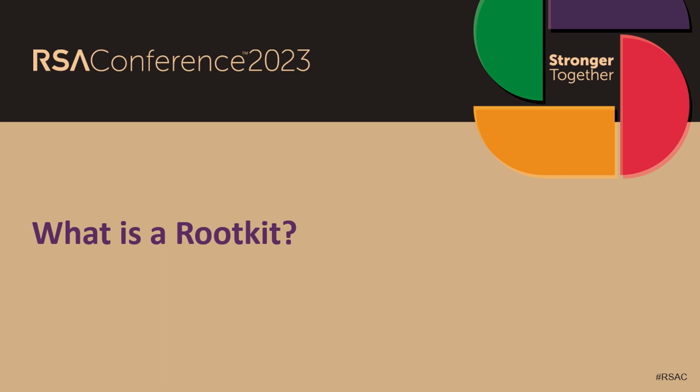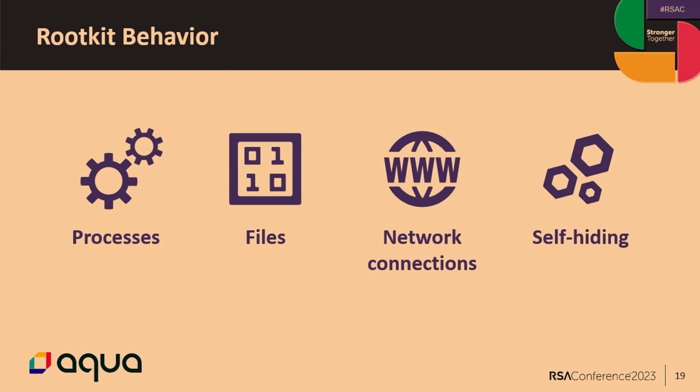Thanks. Okay, so we talked about eBPF, why we think this is a really good technology to help us detect threats in real time. We talked about Tracee. Now let's talk about what is a rootkit. A rootkit is basically a piece of malicious code that is in charge of concealing all the malicious artifacts of the attack, which are usually processes, files, network connections, and of course the ability to hide itself. If it's a shared object, then to hide the shared object. If it's a kernel module or an eBPF program, in all those examples, one important piece of the attack is to be able to hide itself.